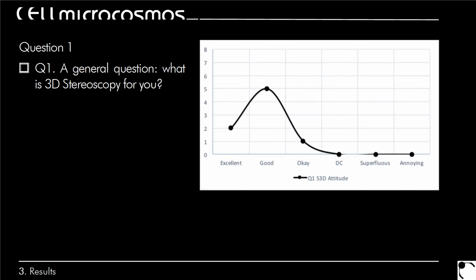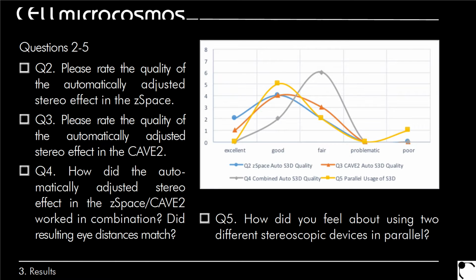So first of all, we wanted to know how is the attitude towards stereoscopy. And of course, it was positive because they were working every day with stereoscopy. If we would have something like 5 students, I think we would have a quite diverse view to nowadays. So, but now let's come to the more important part. So here we had now different questions, which were asking how did you like the quality of the different approaches.